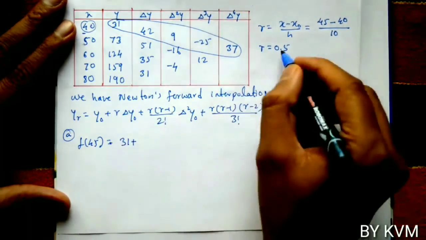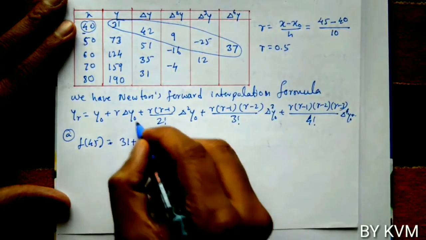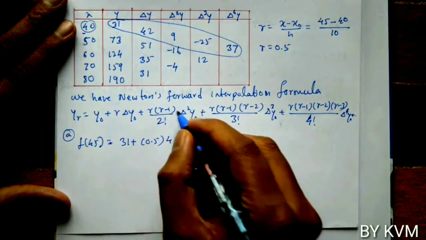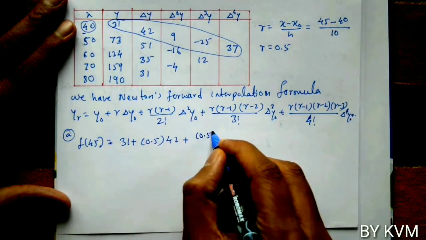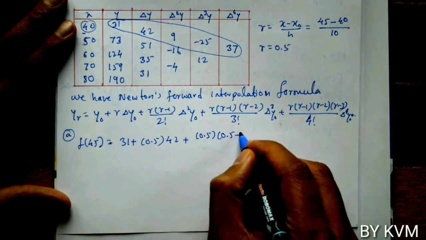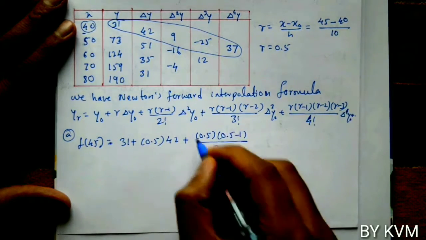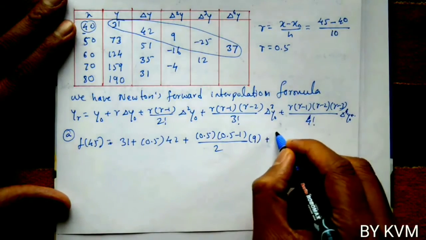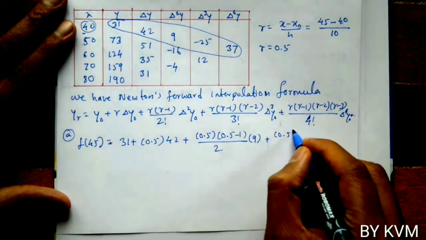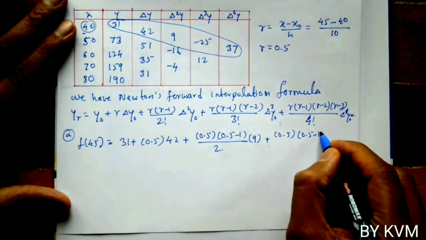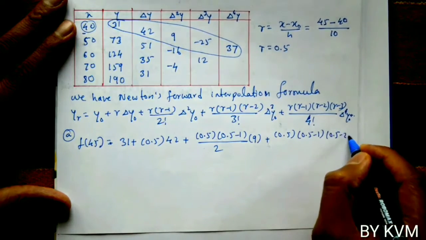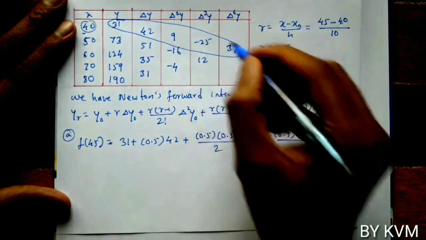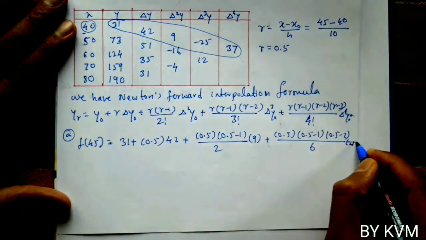So f of 45 equals y naught, which is 31, plus r into delta y naught, that is 0.5 into 42, plus r into r minus 1, that is 0.5 into 0.5 minus 1, by 2 factorial, into delta square y naught, which is 9, plus r into r minus 1 into r minus 2, 0.5 into 0.5 minus 1 into 0.5 minus 2, by 3 factorial, into delta cube y naught, that is minus 25,